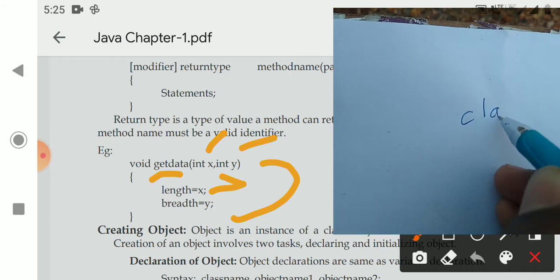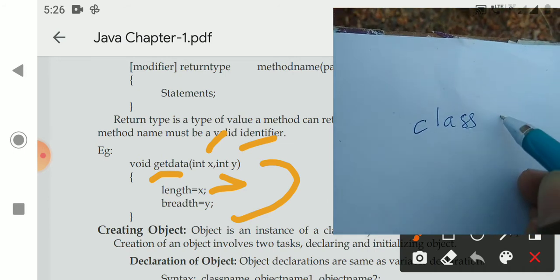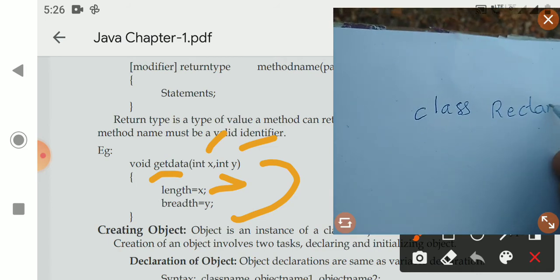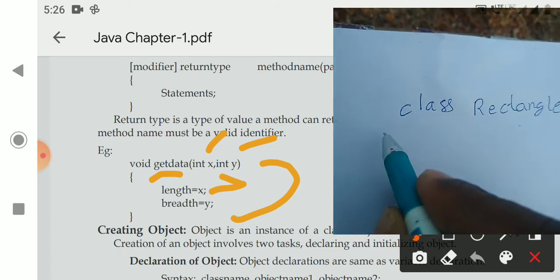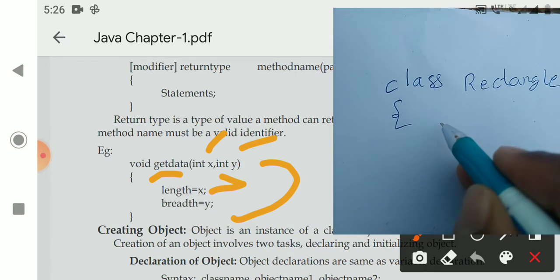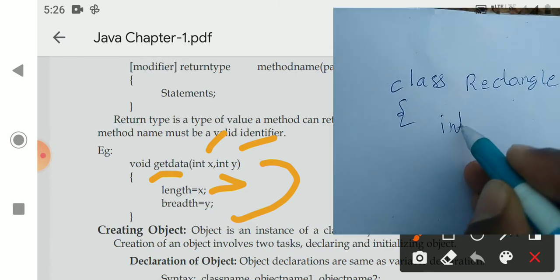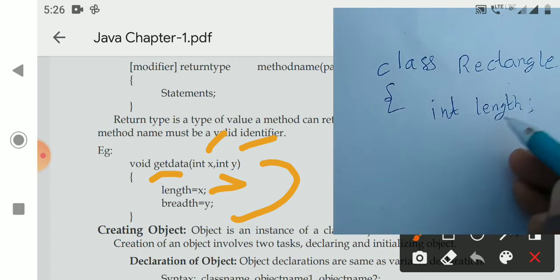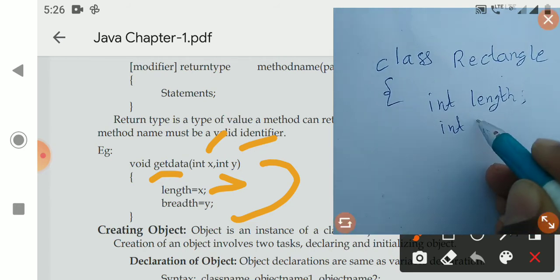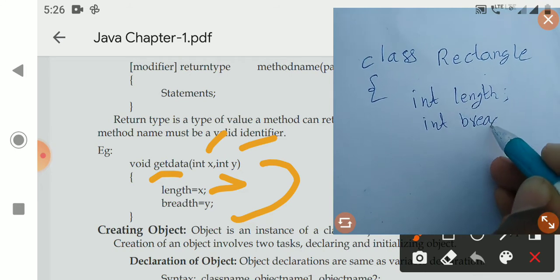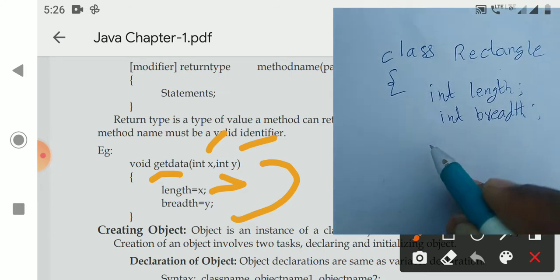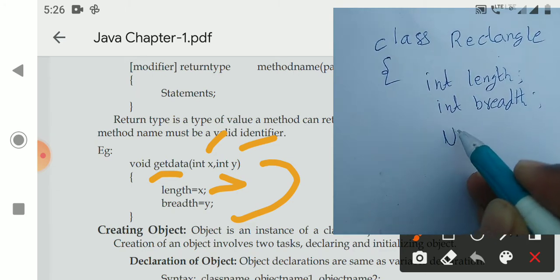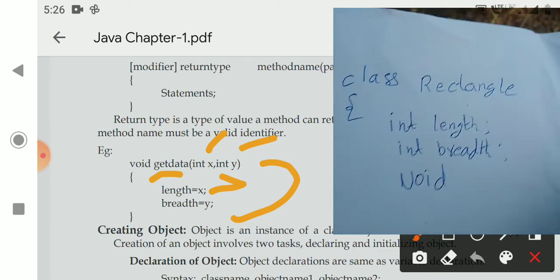Class, space, class name. The class name is Rectangle. Then opening brace. Then you declare the variables, integer length, integer breadth. Next we have to define member methods.